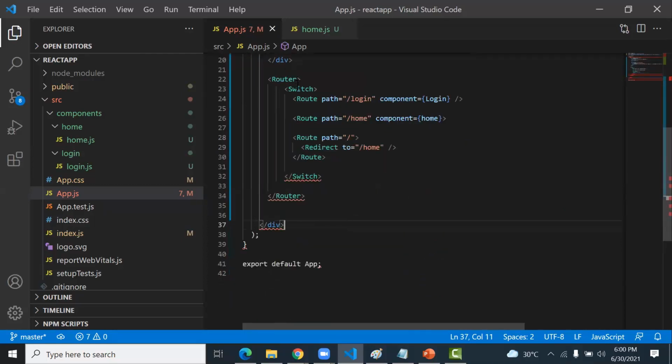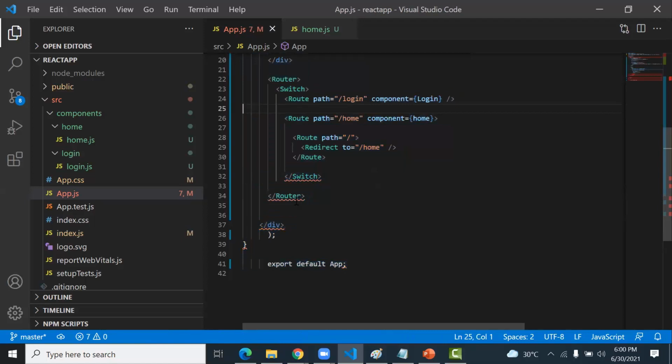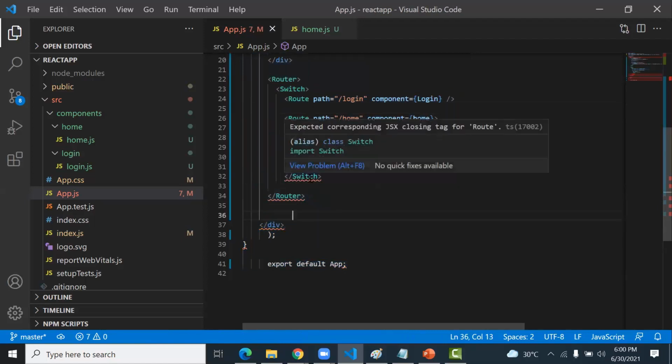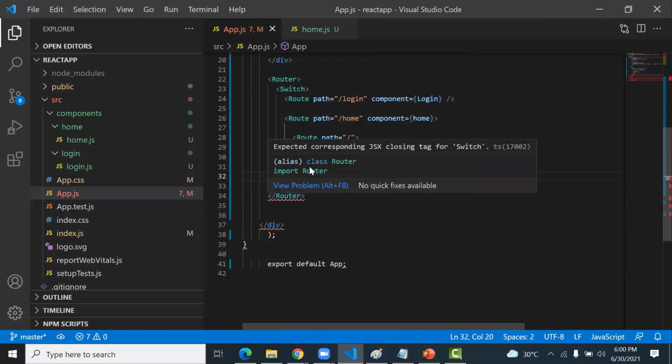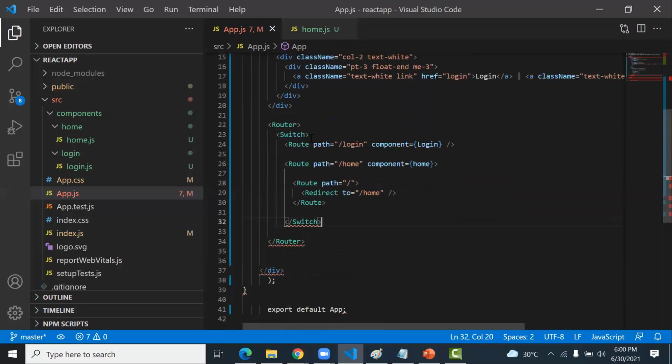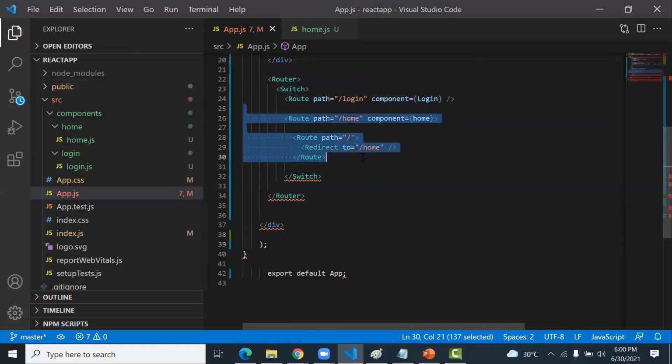Okay, some errors for the Switch and this Router too. Somewhere the div is not closing properly, maybe. Okay, I first complete the routing part.